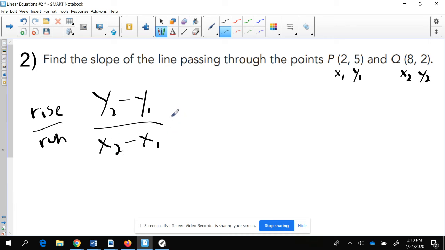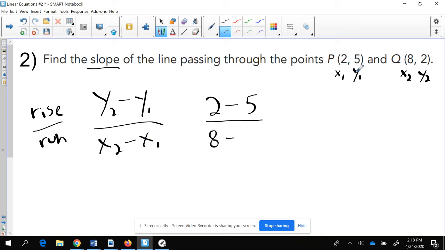And again, this gives you the slope. This is what we're trying to find. We're trying to find the slope. So all you have to do is, once you know this formula, guys, you can just plug the numbers in and you got it. So what is your y2? Let's go over here. That's going to be the number 2. So 2 minus y1 is 5. And I highly recommend every time that you label, because if you're like me, it's very easy to make mistakes. So 2 minus 5, and x2 is 8,